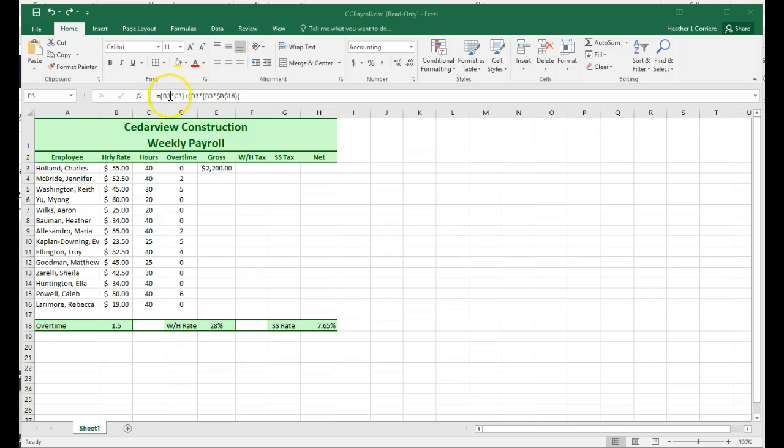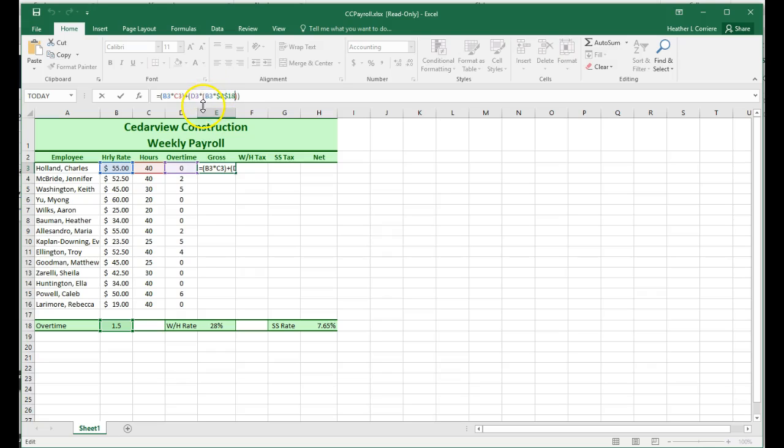So I have made the formula up here, and I'll click on it so you can see what we've done. We have to use parentheses to divide up the different parts of the problem, and this is where we are using some math. So $55 times 40, that's my regular rate. And then we have to add this overtime in here, and for overtime we get paid 1.5 times our hourly rate. So then I add a plus and another parentheses, and then I'm going to multiply my hours of overtime,